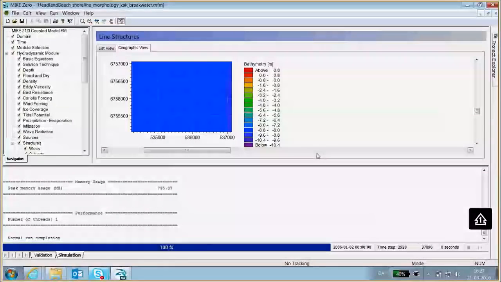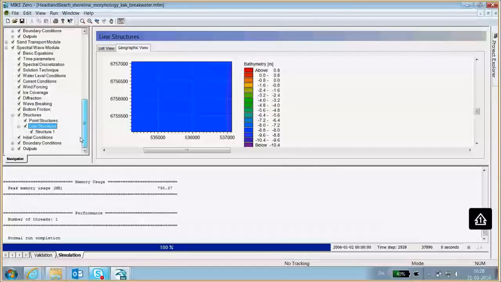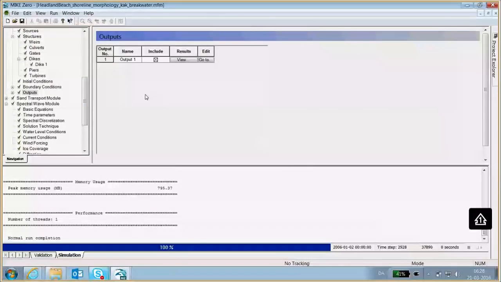Okay, so now the breakwater simulation has finished. And we can have a look at the results here in the outputs and transport.